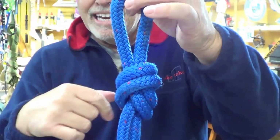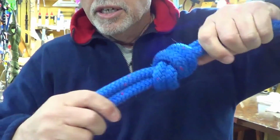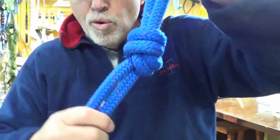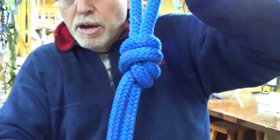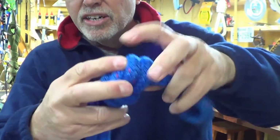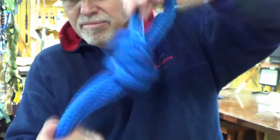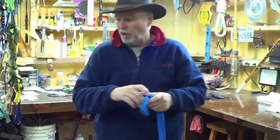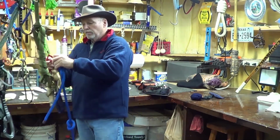And then there's setting the knot, and I want a good set to it. So I want to cinch down so it's not going to come off if there's a little lax, or a bounce or something. Normally in rappelling, as soon as I put weight on here, it's going to set the knot. But if you set it, it's going to set more correctly. If you didn't set it and you didn't finish it, when it sets, it might keep it loose, and then you end up getting slippage and fall and all that. So those are terminologies that I'll be using as far as setting,